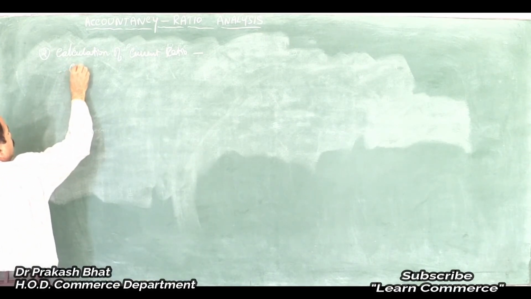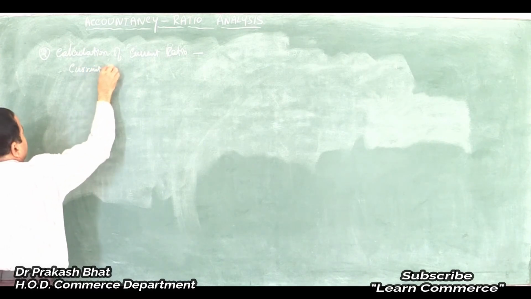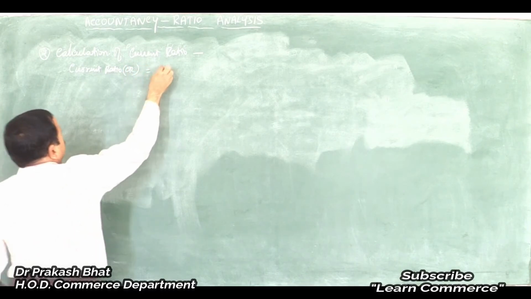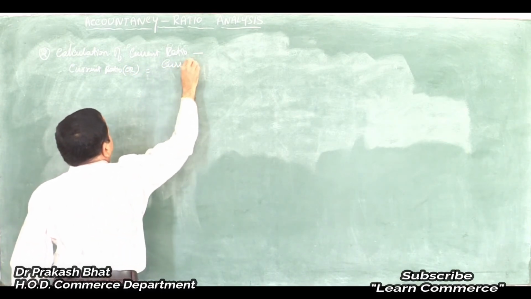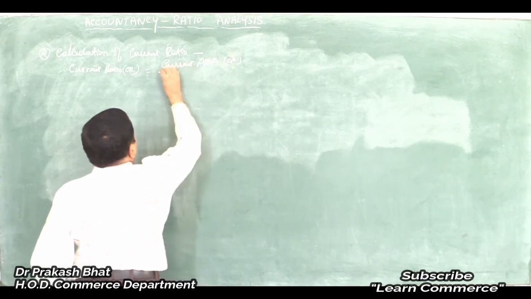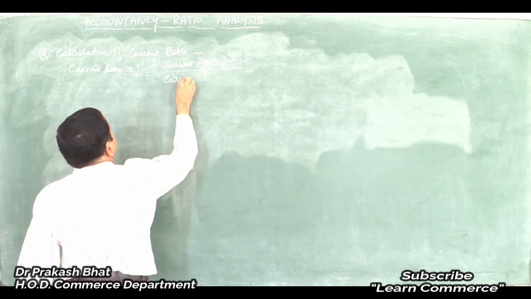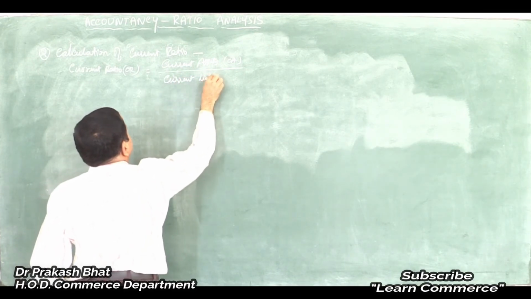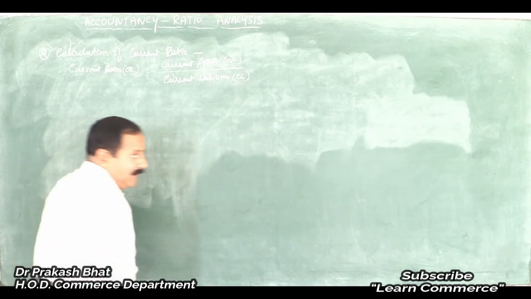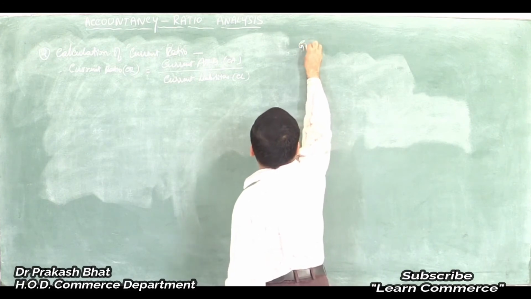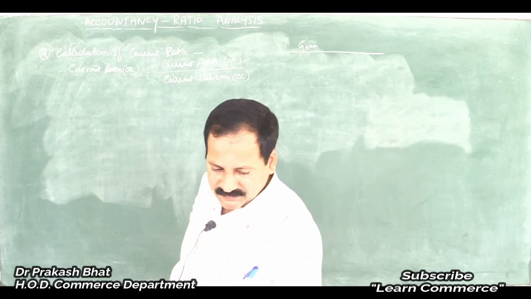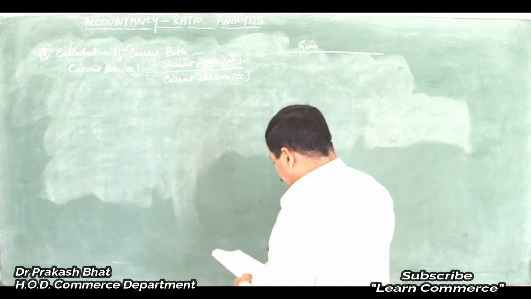Current ratio is equal to current ratio. I told you, write within bracket what? CR, isn't it? Is equal to current assets, CA, divided by current liabilities, CL, right? Now, what is given in the problem? You have to take one by one, right? Yes. Current ratio, under that is current assets.